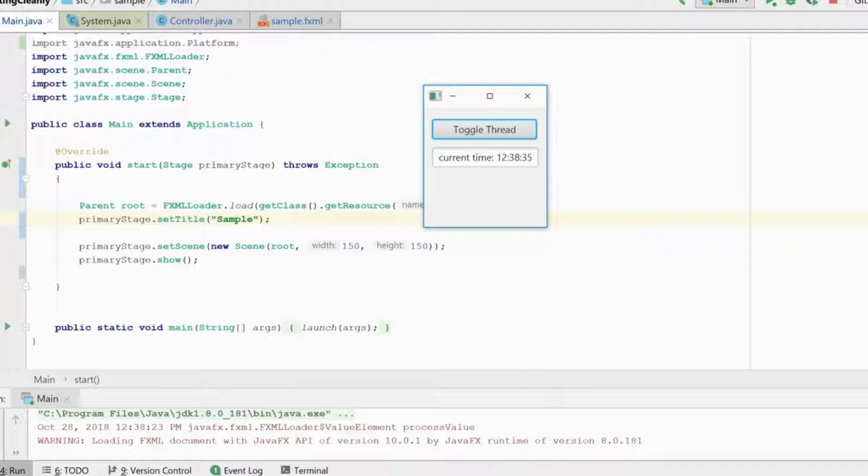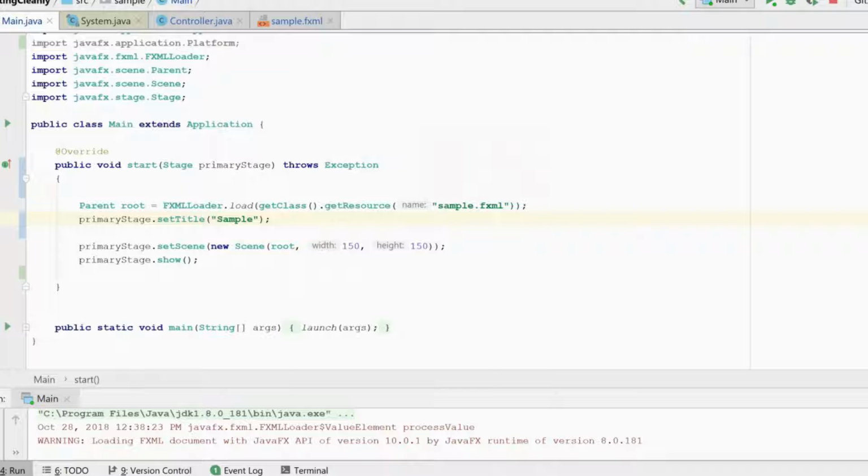In this video, I would like to go over how to properly shut down a FX application and how to get a handle to the controller class. Today you'll see we have the same application that we have used previously, where we have a timestamp that's getting updated on the GUI, and when we shut this application down, you'll notice that the stop button is not disabled,